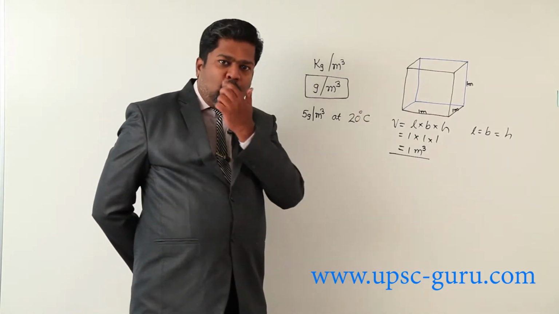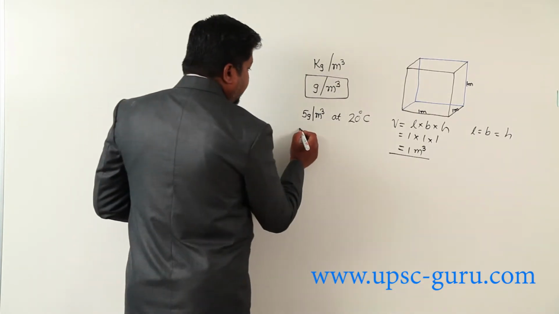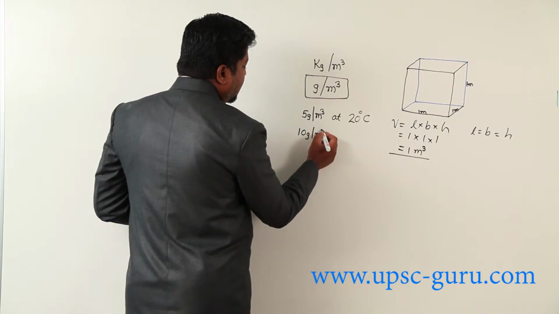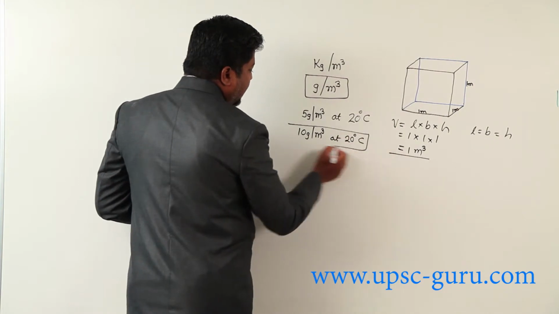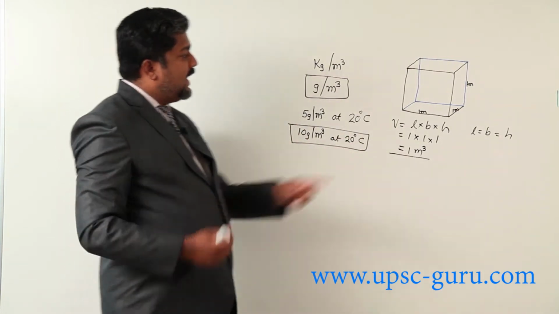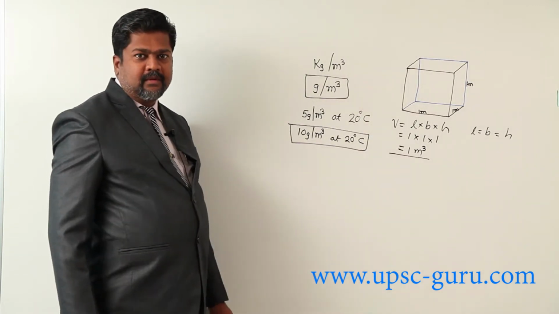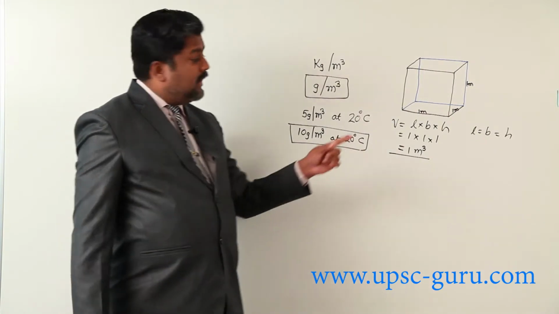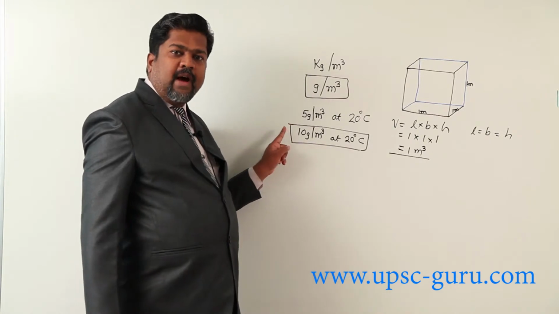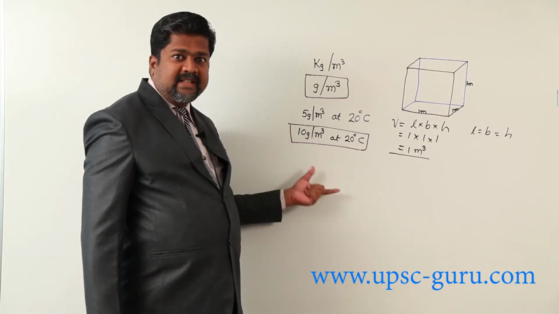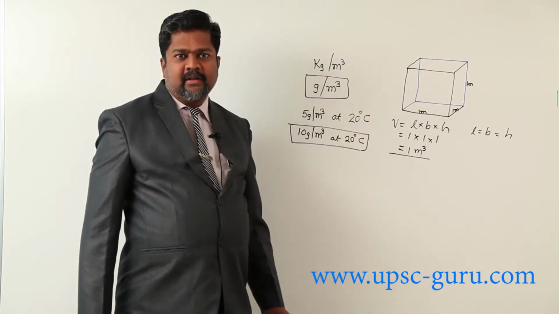Like that I can add more and more water vapors, and I found that 10 gram per meter cube is the solubility of that air. If an 11th gram is added, then water will precipitate out. So this is the saturation point at 20 degrees Celsius. At 20 degrees Celsius, 1 meter cube volume of air will hold 10 gram water. This is the saturation point, whereas my data shows that practically there is 5 gram water in it.